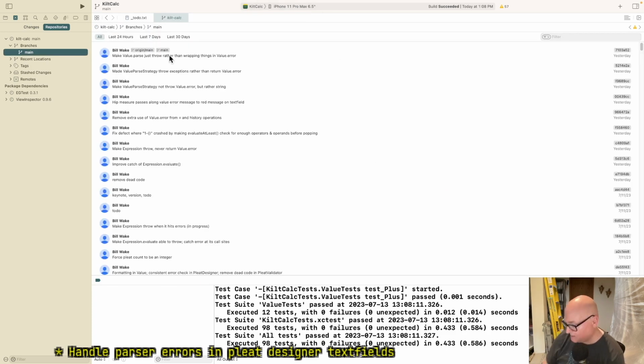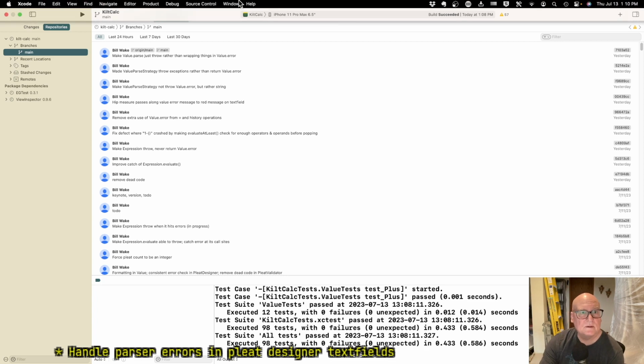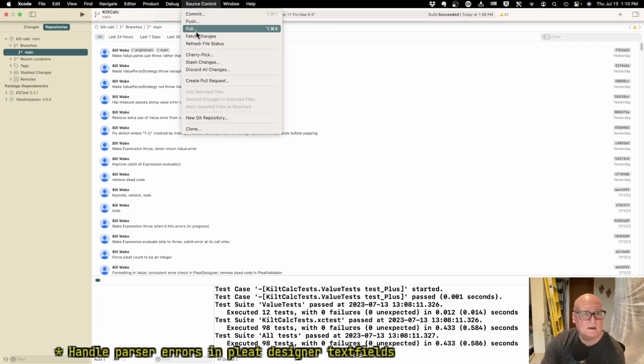Yesterday, make value parse throw. So, am I doing the pull wrong?